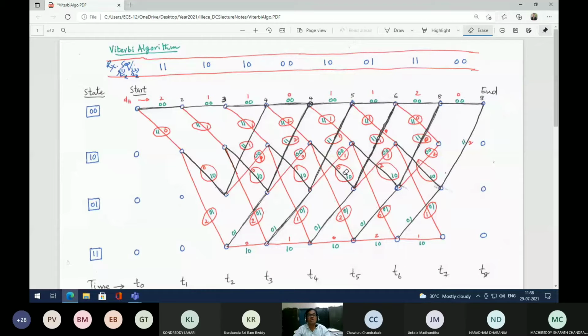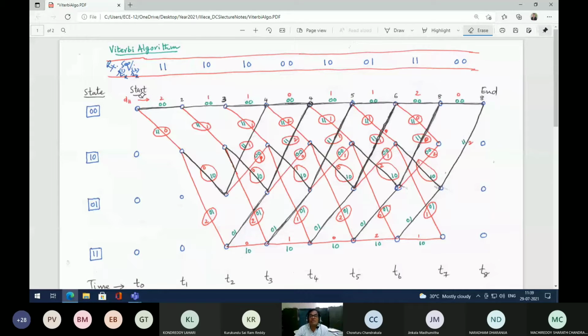So this is what is known as the Viterbi decoding algorithm. In convolutional codes, the best possible decoding algorithm is the maximum likelihood decoder, which is popularly known as the Viterbi decoding algorithm. The procedure I already told you. First you write the outputs on each branch, on each link, with all the possible things. Then you have to find out the Hamming distances on each link by comparing with the received sequence.